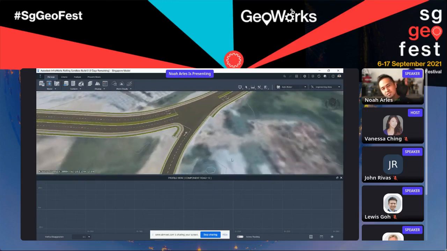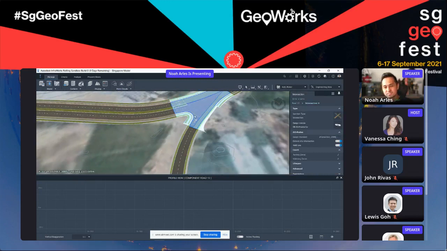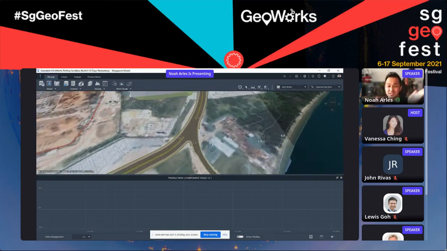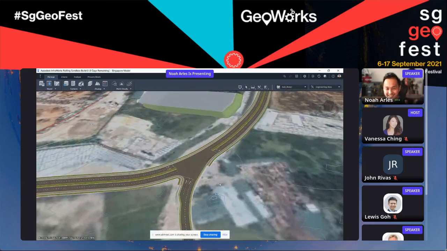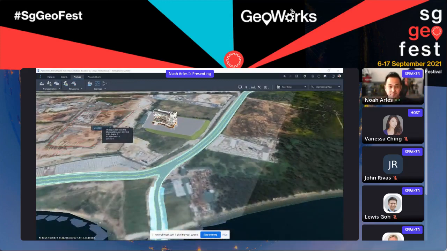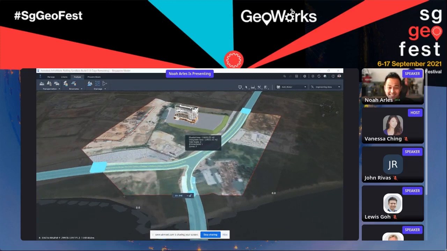Maybe what we want to do here is ease the traffic a little bit for this part of the road. So by using visual grips, we can pull this certain grip to create that turning refuge to the left. And you might be wondering, hey, we're in Singapore, so the driving direction is already on the left side. So this talks back to the geolocation of this specific project and the intelligence that it automatically detected that the driving direction in Singapore is on the left.